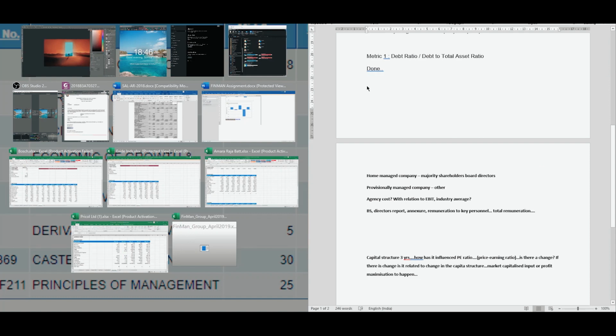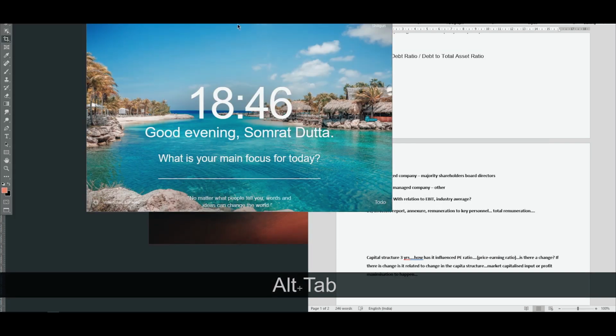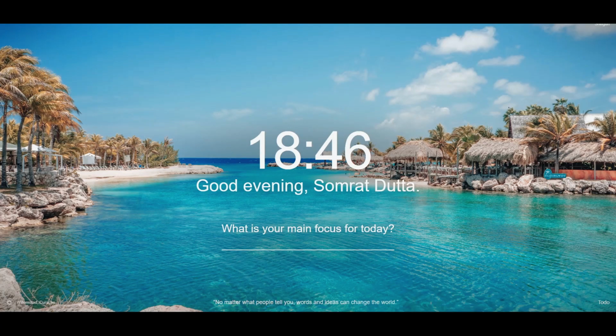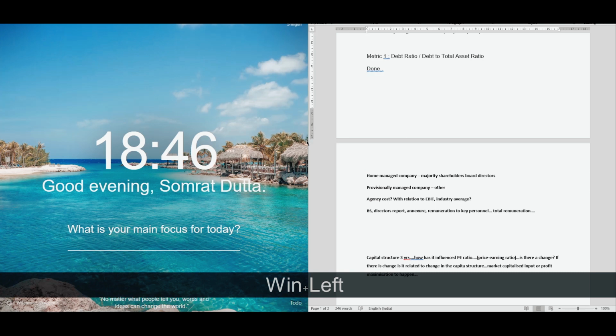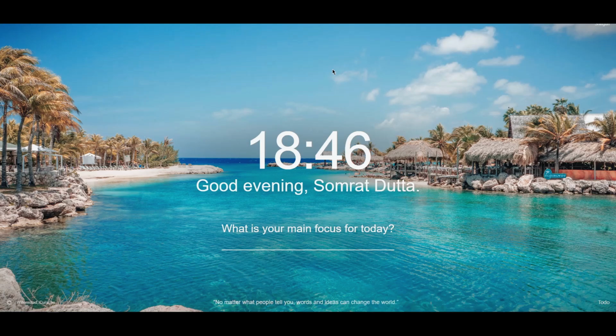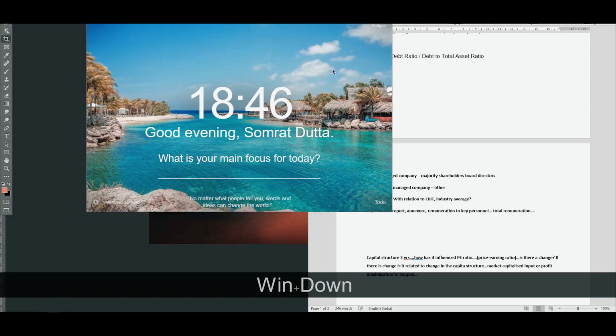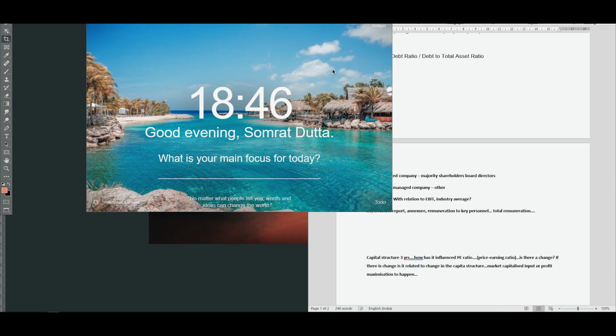Assume there's a document open right now somewhere, and you are in this total window. Without going and dragging, you can directly click on Windows and left and it will be like this, and you can multitask easily. Or if you want to send this to the right, you can do Windows plus right, full screen, Windows plus up, and Windows plus down to give a smaller window.